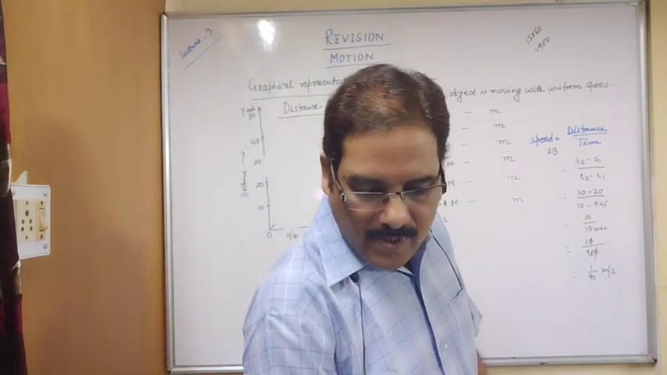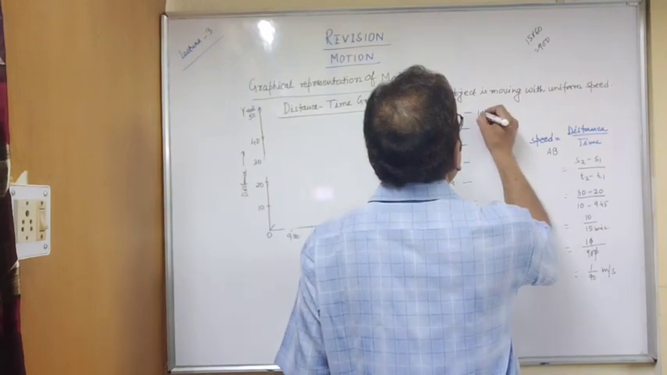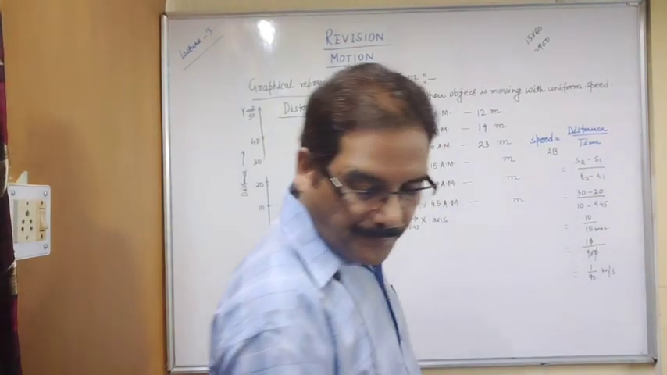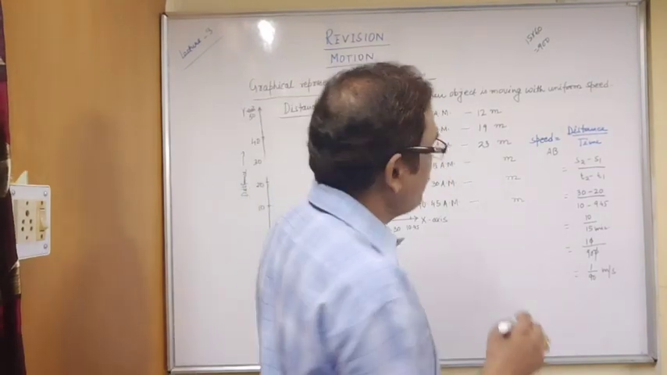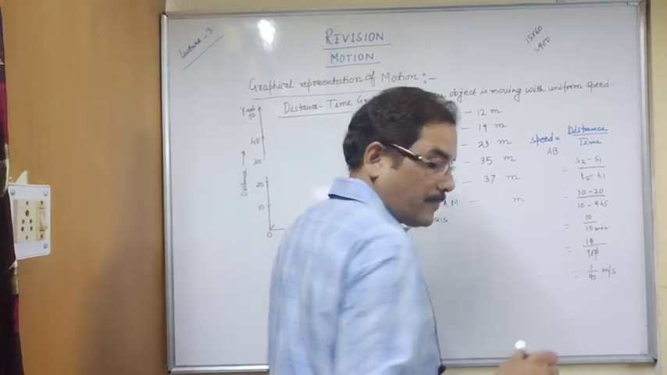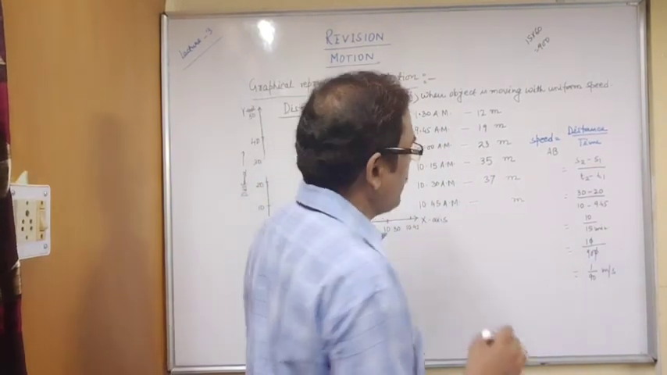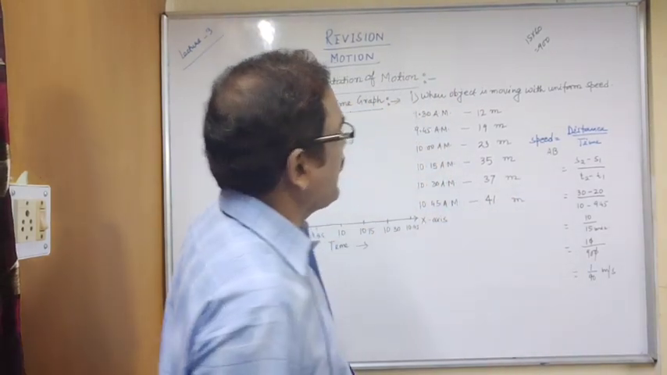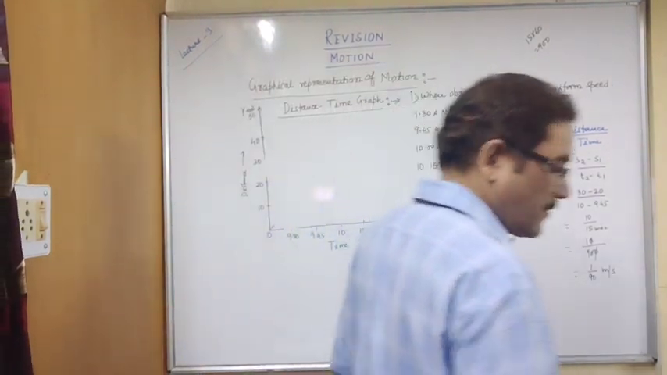So here the numbers are 12, 19, 23, 35, 37 and 41. Like this. So